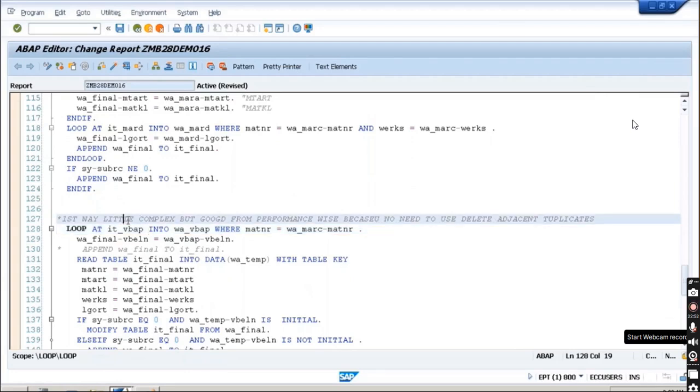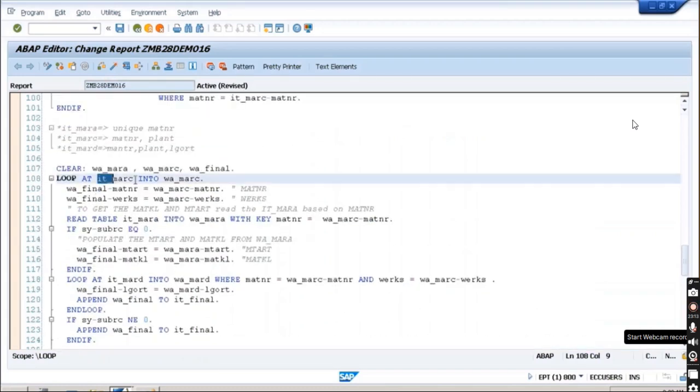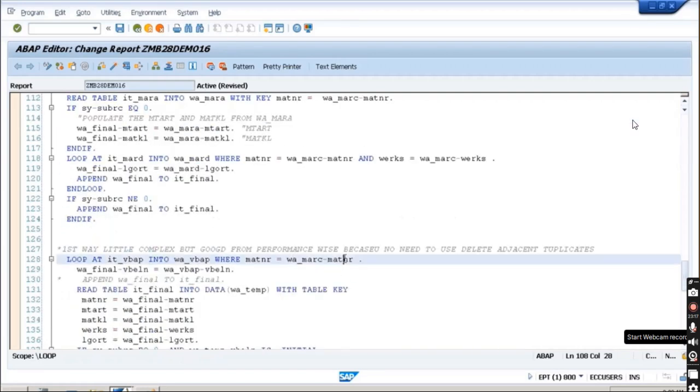So the first way, if you want to get the data from the VBAP table, you can put a loop on the VBAP table with a where condition like matnr equal to w_marc-matnr. Only those matnr which are there in MARC you will get. So one by one I'm getting the data into this work area, and for those work area material numbers,